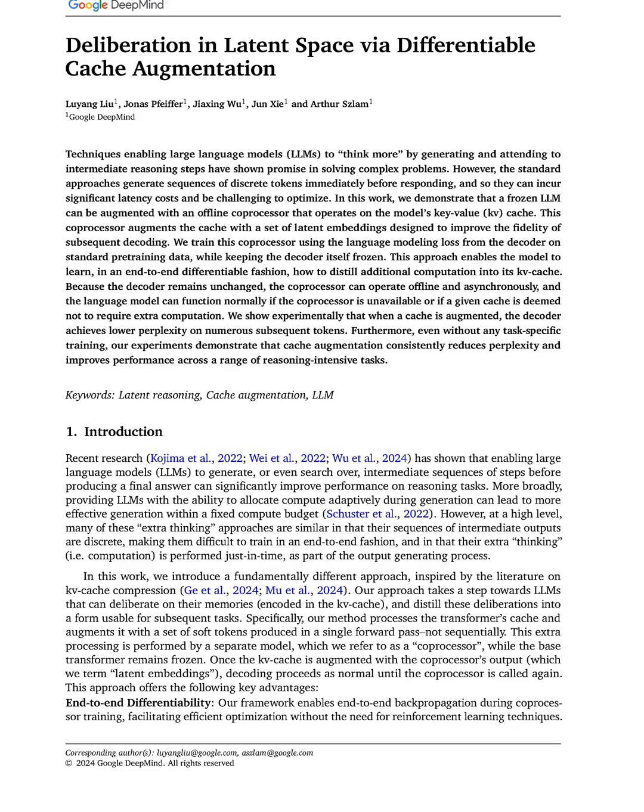Our method aims to address the limitations of existing approaches in large language models, LLMs, that generate discrete intermediate outputs, which complicates end-to-end training and restricts adaptive compute allocation during reasoning tasks. Specifically, we introduce a coprocessor that augments the LLM's key value, KV cache, with context-dependent latent embeddings, allowing the model to leverage enhanced internal representations without modifying its architecture. This approach facilitates end-to-end differentiability and enables asynchronous operation, allowing the LLM to bank computation by refining its memory independently